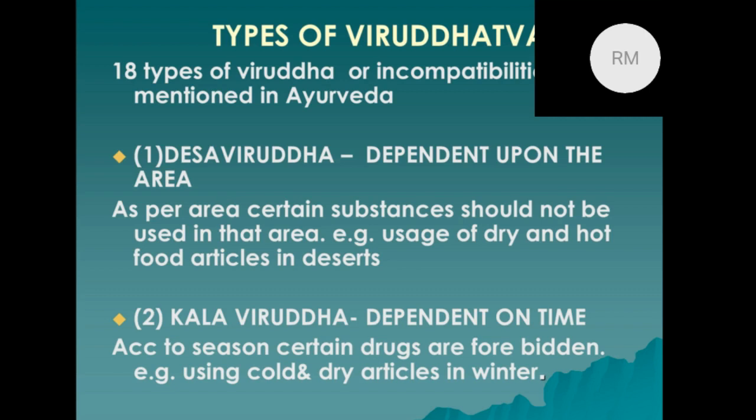Ayurvedic diet is when you have created a diet which is based on these principles. So if you are in Europe, or in the US, or in Africa, or in Russia, or in Australia, or in Japan, then you have to look at the conditions, the parameters which will influence your physiology because of your living in that particular place, and then you have to choose the right kind of food. So that is desha viruddha, which is dependent on the area in which you are living.